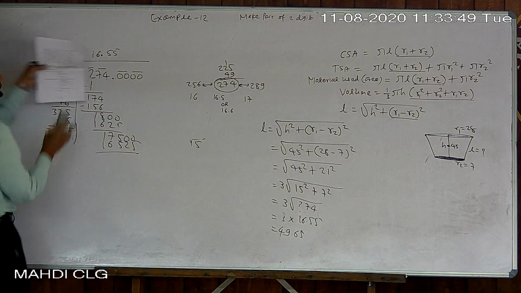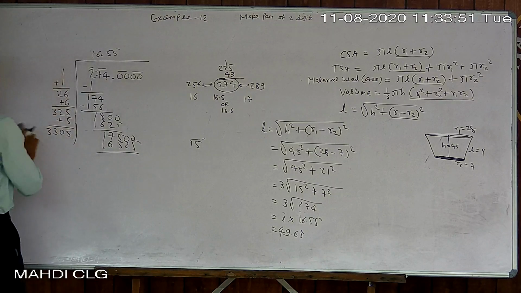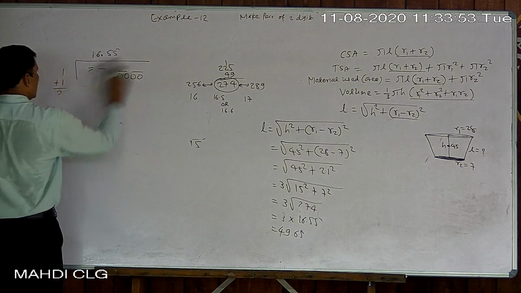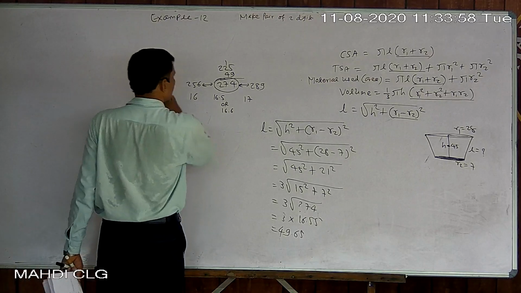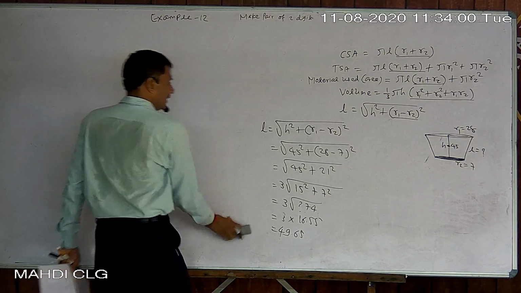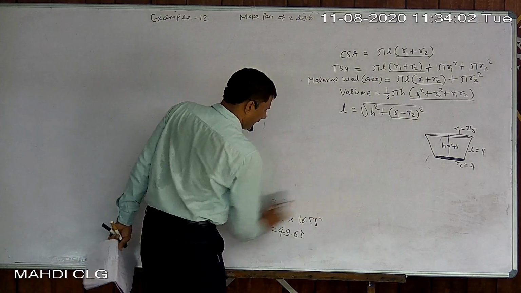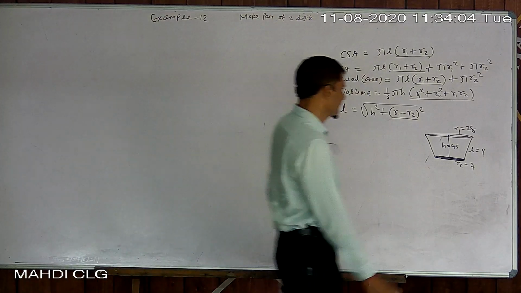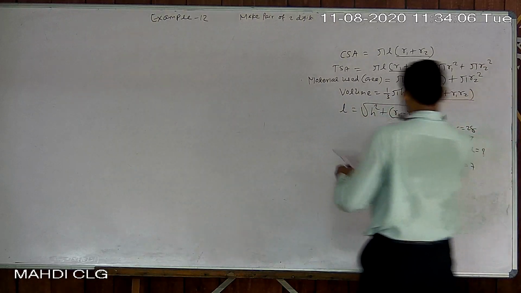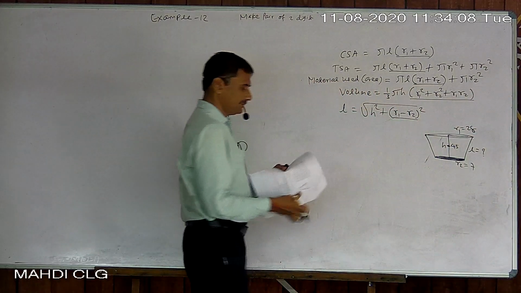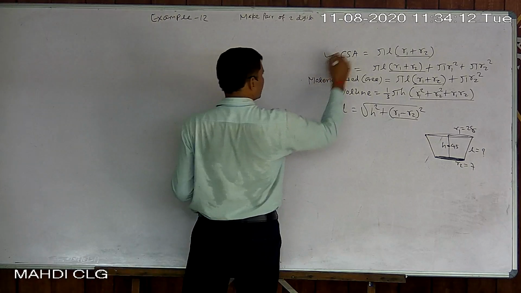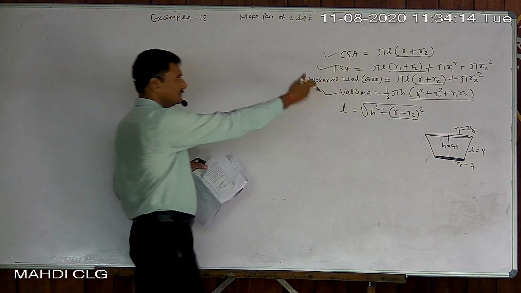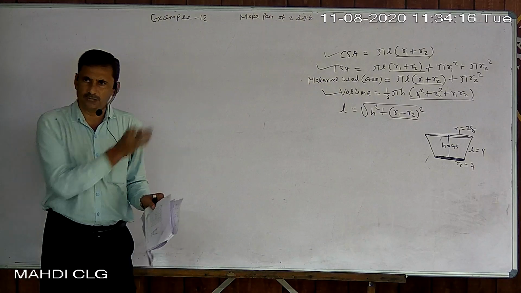And there is also a problem. Look, in that one also there is the problem of finding a square root. So this is the third example. First 12 and now 13. That problem arises at finding L. Now actually what is asked in example number 12? Everything: CSA, TSA and volume. So you just place values after finding L. So now nothing is new.